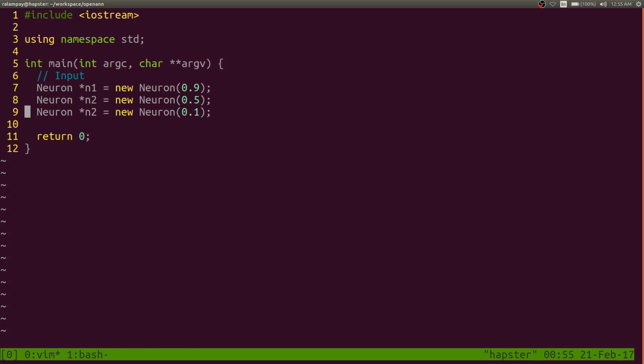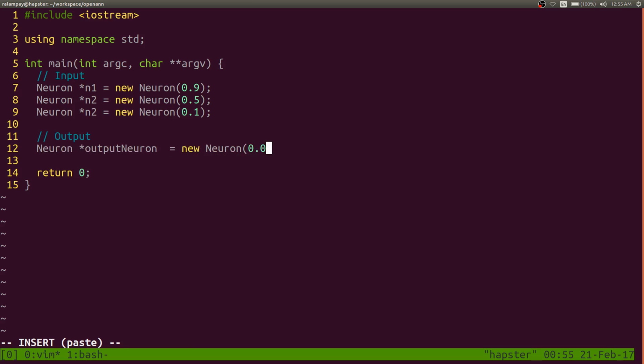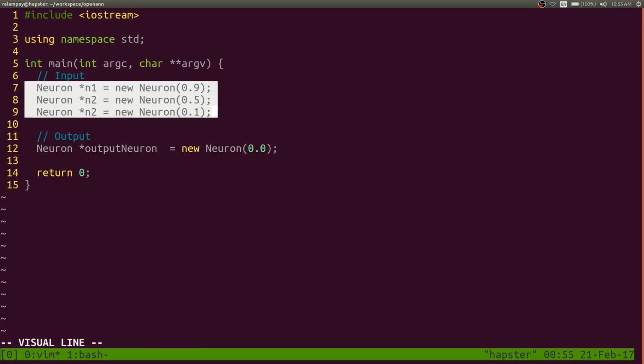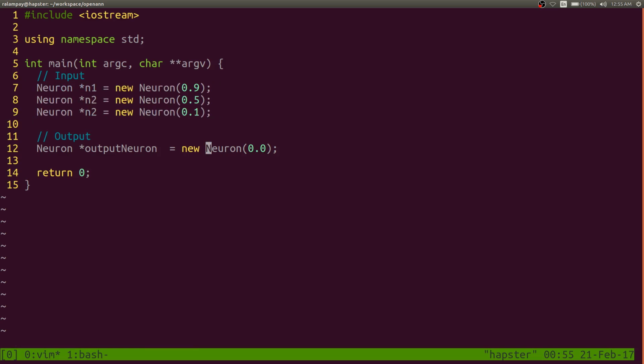of our dataset. Now, for a typical neural network, it would also have an output that would also represent a particular neuron. Right? So let's say we have an output neuron whose initial value is probably 0. Right? We don't know, this particular neuron will define the classification of what we're trying to learn. So if in this case this were a dog, 0.9, 0.5, and 0.1, then the output neuron